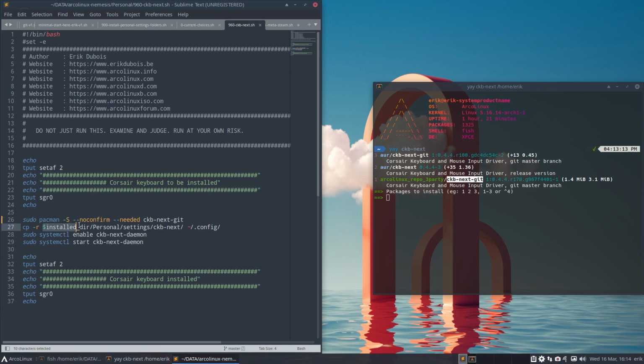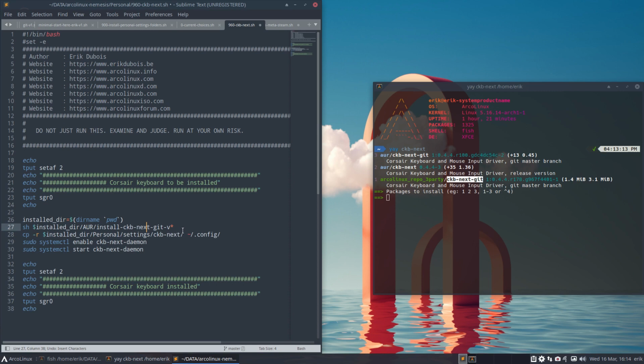Oh, I do see there's an install dir here. So Control C, Control Z. I need to keep that line up there, install dir. Control V. So go inside that particular folder, where we are actually, the present working directory, and then personal settings, CKB Next, go get me the config. So the config is loaded and then everything else goes on. So this is a good thing. But